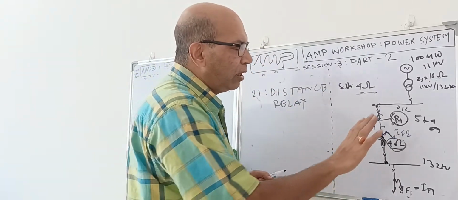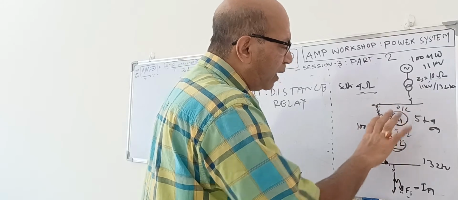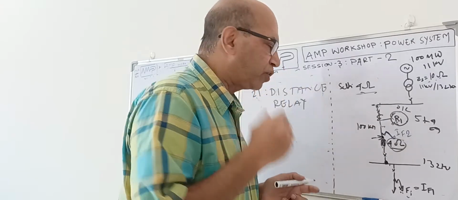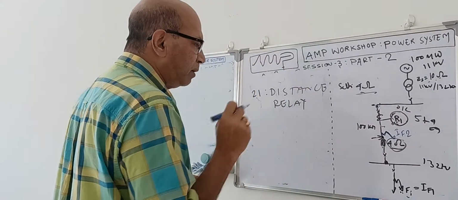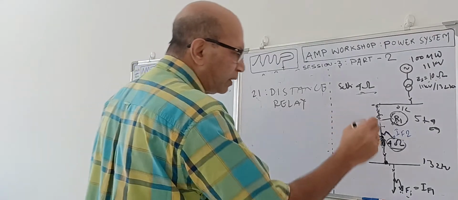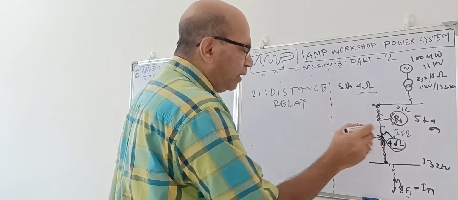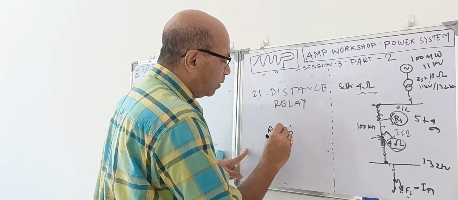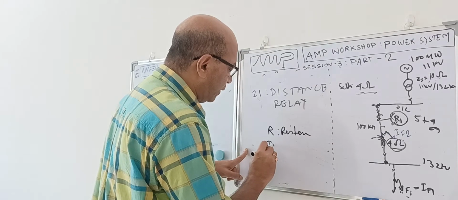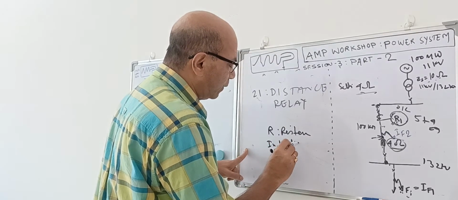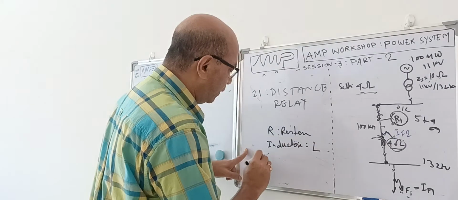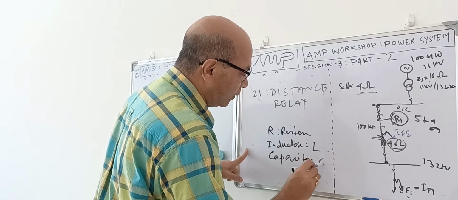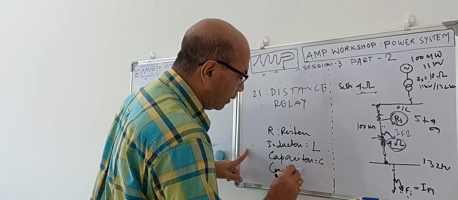Now first I will show why I said that the impedance of a line is proportional to the length. Whatever the length of the line, impedance will be proportional to this. How can we establish this? I am simply showing you the impedance of this line. What are the contributions over here? The impedance consists of resistance, right? Resistance, then inductance, that is L, then capacitance C, and conductance, that is G.